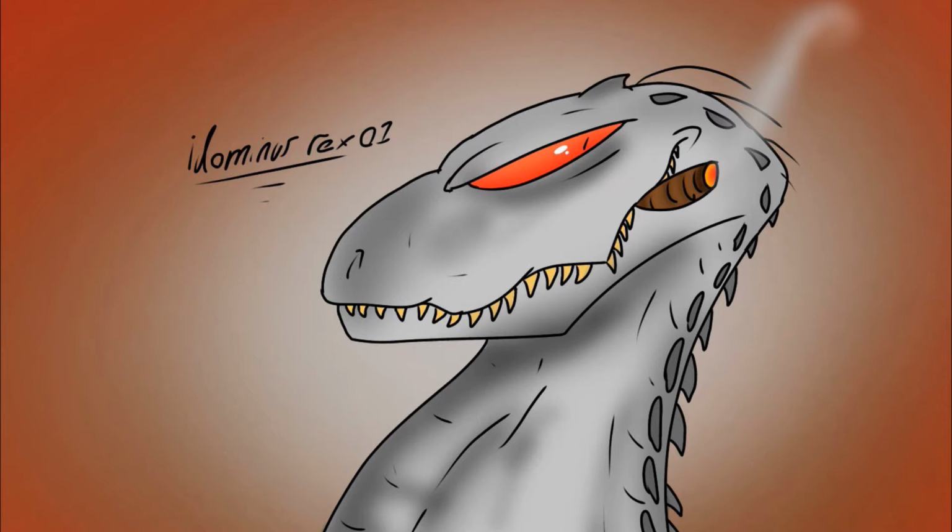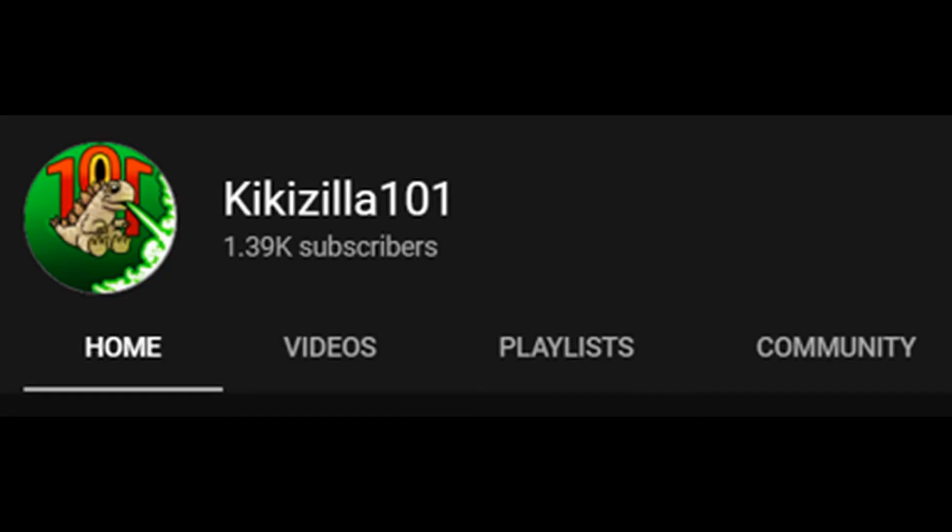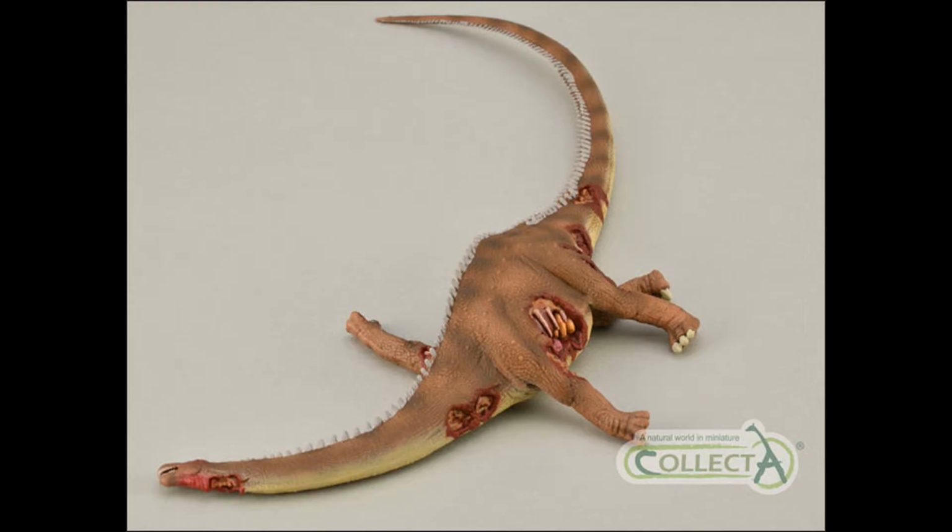So let's cut straight to the chase and look at our first figure, which is actually a corpse. Wrong corpse. There we go. Now here we are with the Collecta brontosaurus corpse. I don't normally talk about corpses. That's normally because they don't release that many, and because I prefer my dinosaurs alive. But while talking about the actual detail on the figure,